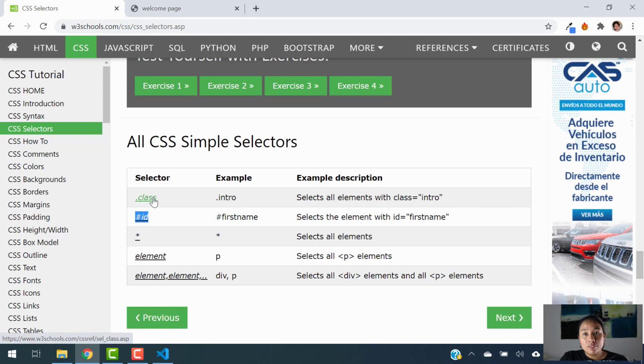And remember that you have to put the class and the ID in your HTML code first, so then you can call it in your CSS code like we did in the example. You can go back in the video and review the examples again. Now we also saw the universal selectors and the element selectors, and also how to group elements, right,